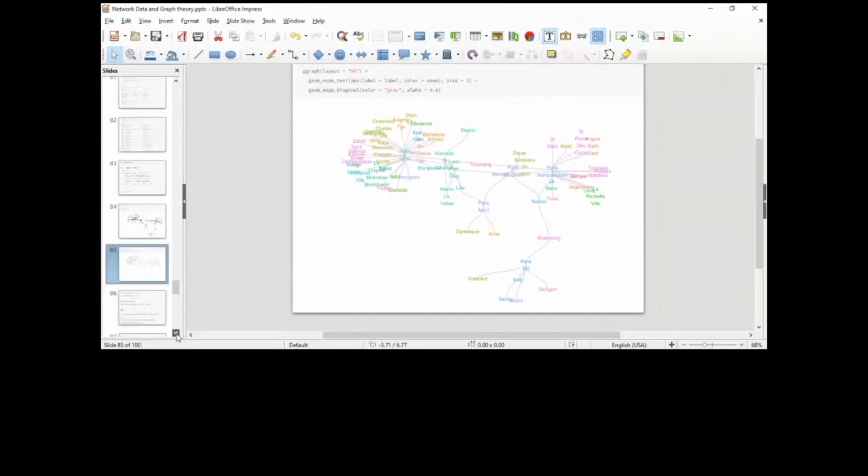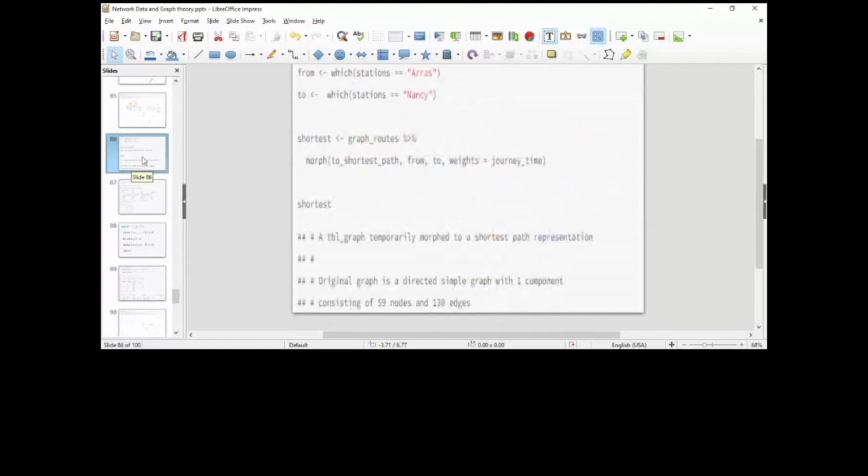Then we've now added the label for us to see that this is Paris. And then there's Lyon nearby. Okay. So you can see how powerful these stations are, in the graph. So all these things can be done with R. Okay? And then, we want to calculate shortest path,